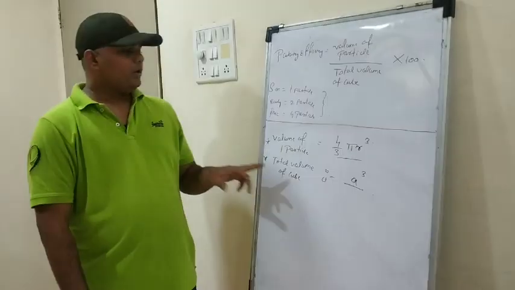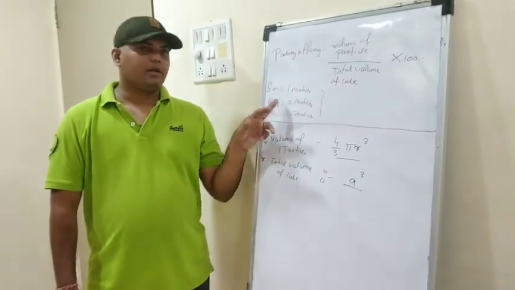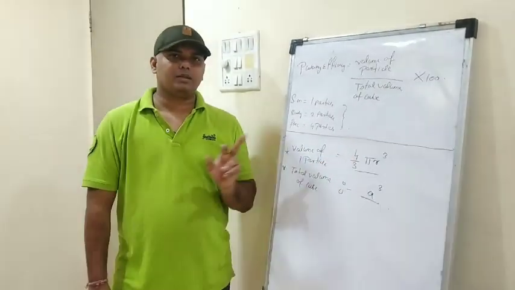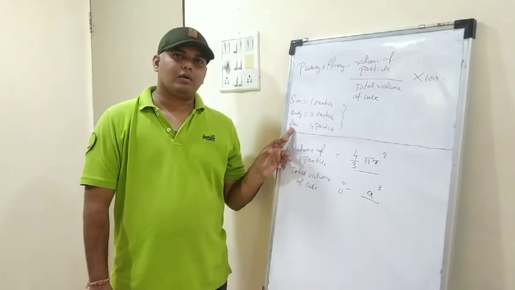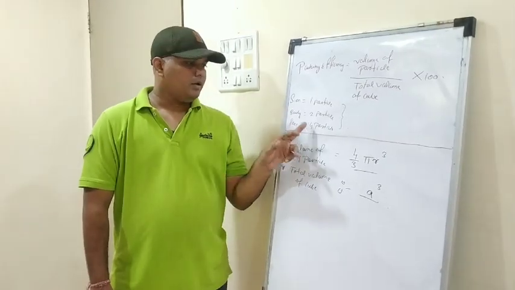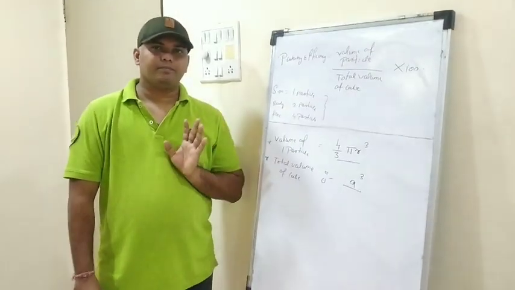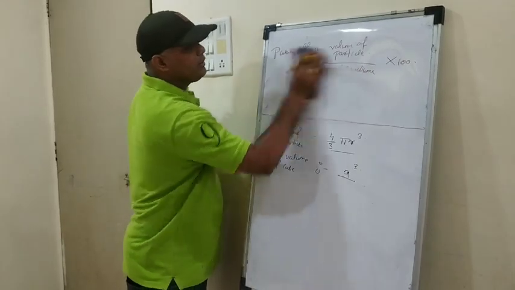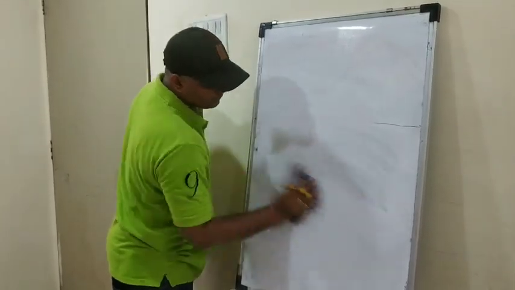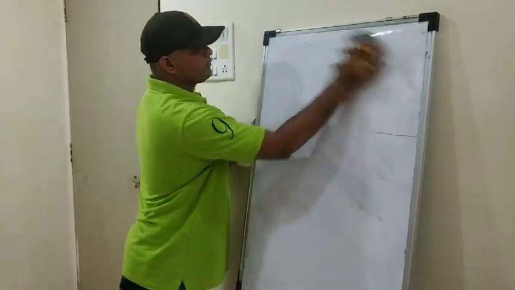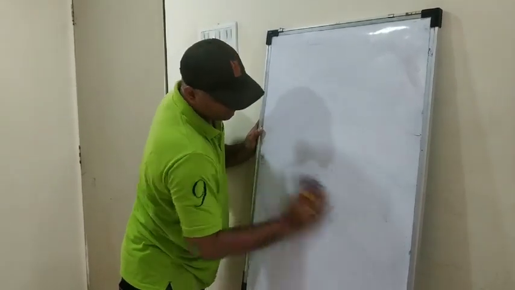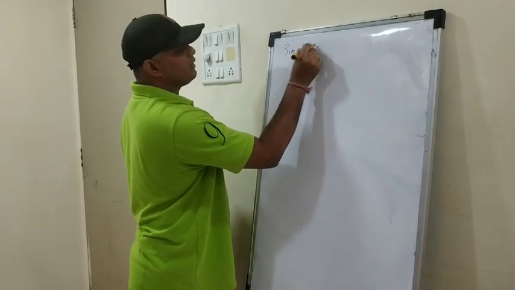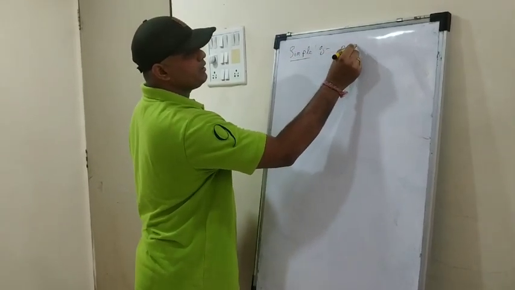Now it depends. If you want to calculate for body centered, we need to just multiply it by 2, so 2 into 4 by 3 pi r cube. If you want to calculate the packing efficiency of face centered, 4 into 4 by 3 pi r cube, right? So I hope that you have understood this. Now let's do the calculation one by one. For simple, the packing efficiency, we will go according to the formula.